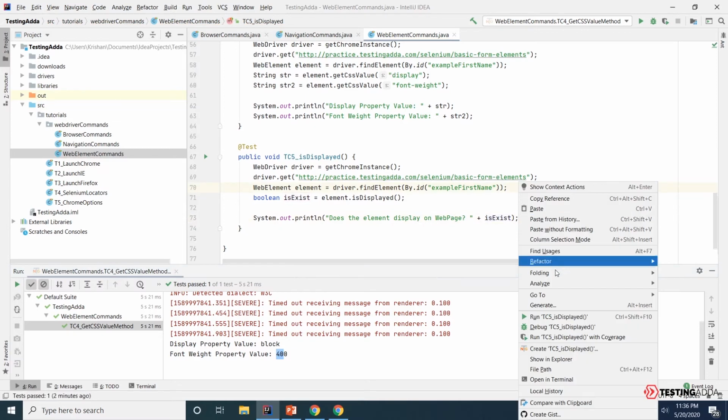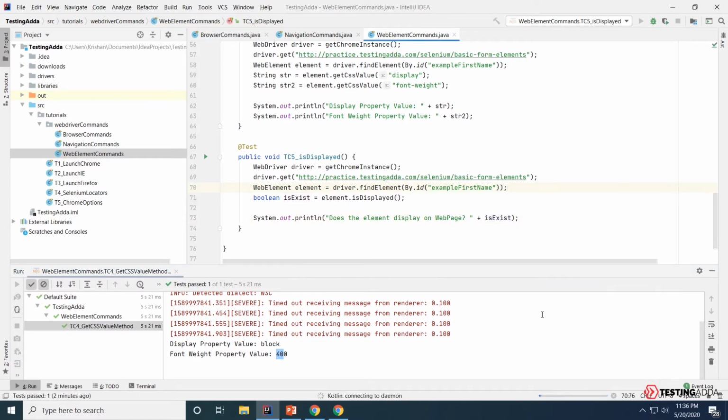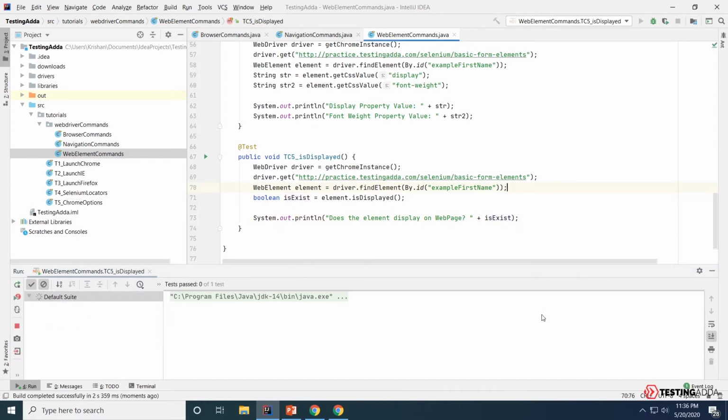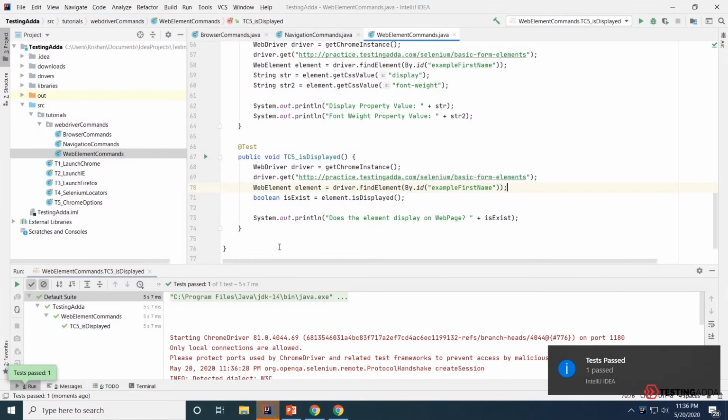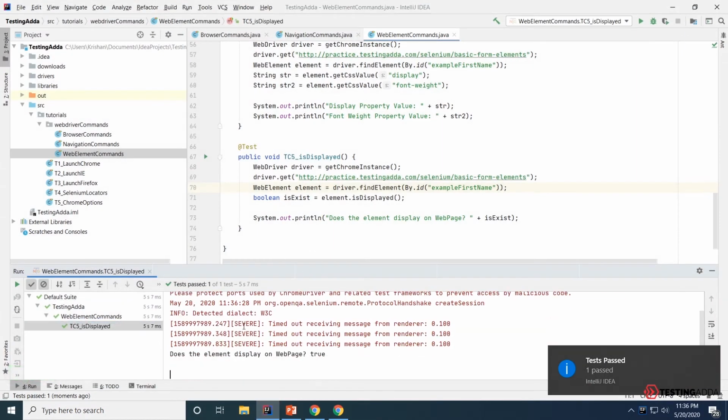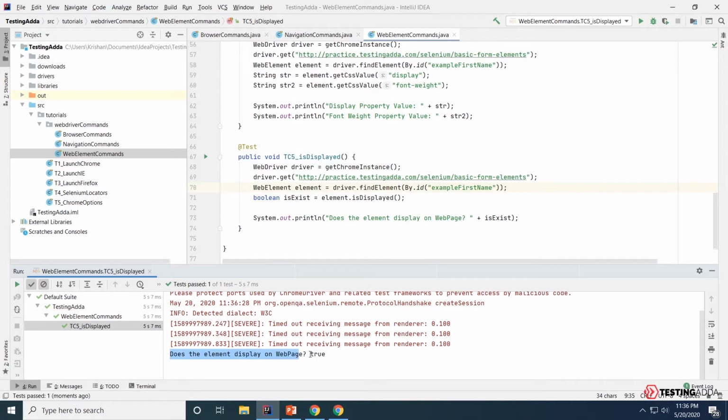Let's try executing this method real quick. As you can see, the method executed successfully, and going back to our IntelliJ and scrolling down, the value from the isDisplayed method is returned as true because we already know this element exists.